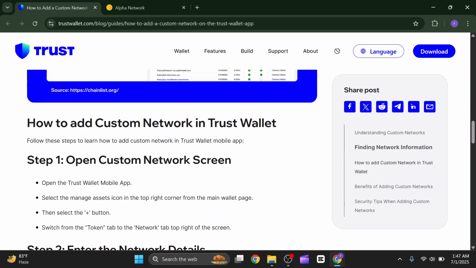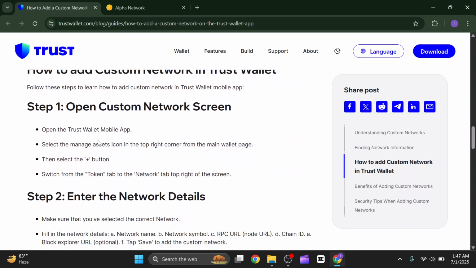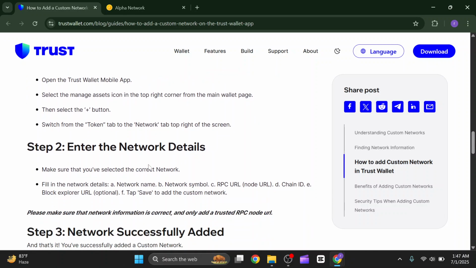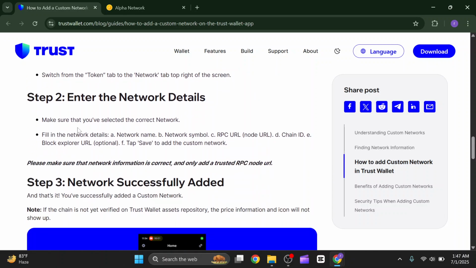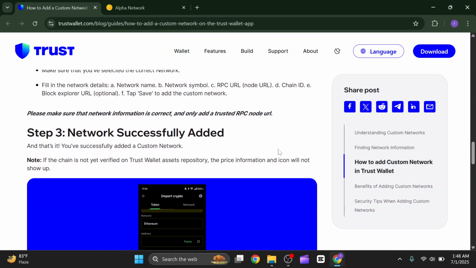After that you have to open the Trust Wallet mobile app and select the Manage Assets icon in the top right corner from the main wallet page, and then select the plus button. Switch from the token tab to the network tab, top right in the screen, and make sure that you have selected the correct network. Fill in the network details: network name, network symbol, RPC URL, chain ID, block explorer URL. Tap Save to add the custom network, and that's it. You have successfully added the Alpha network